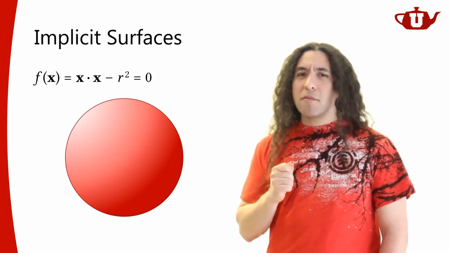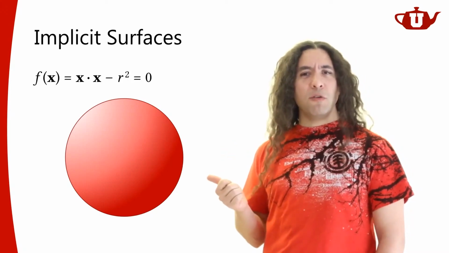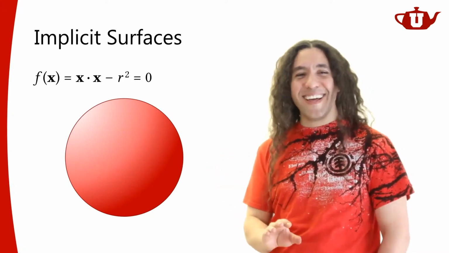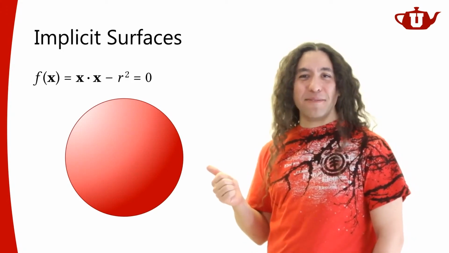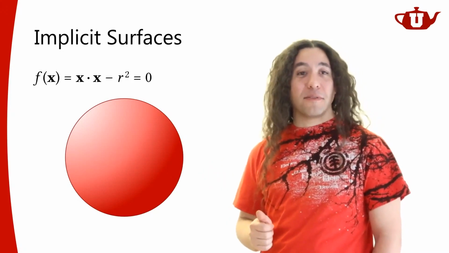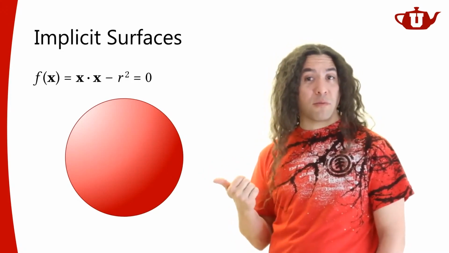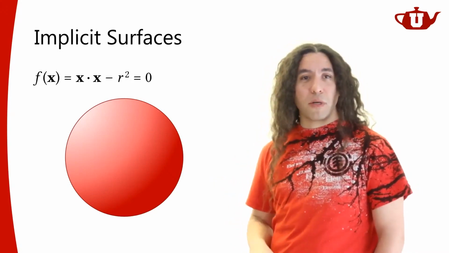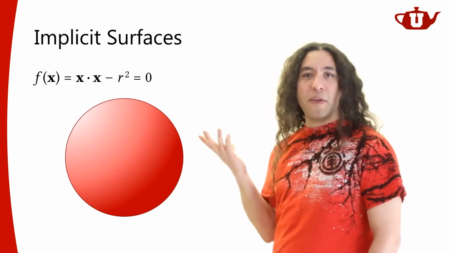We don't often use them for rendering on the GPU because GPUs are designed to render triangles and pretty much nothing else. But we do use them for other kinds of rendering operations. Actually, we are going to use implicit spheres in this course when we're doing ray tracing, so we'll get to that much later. All right, so a sphere is one example.